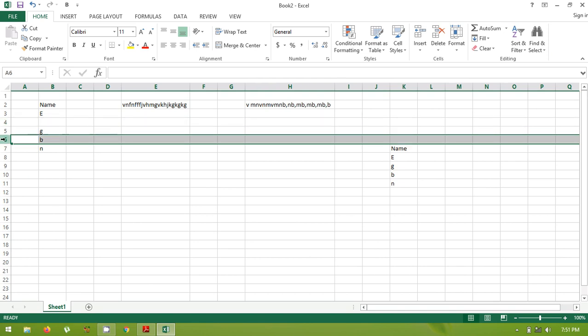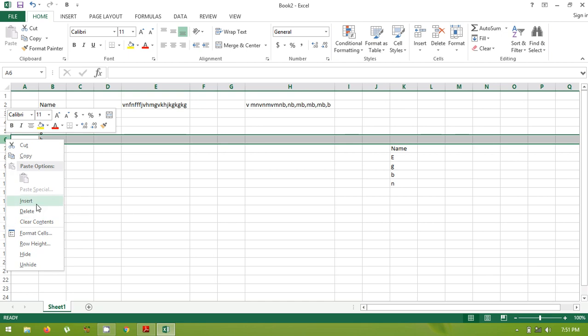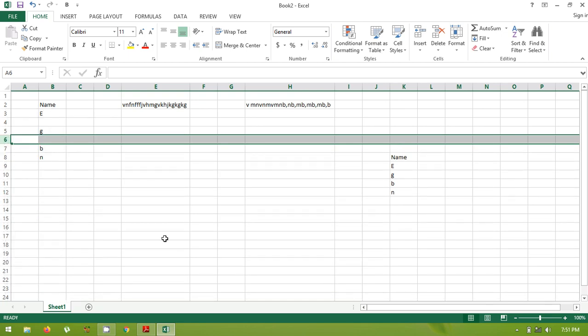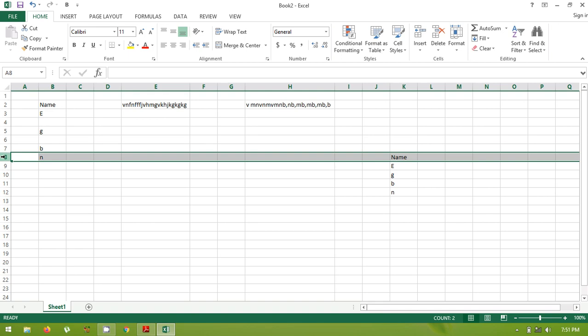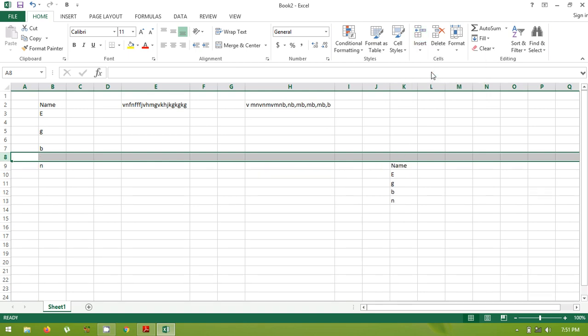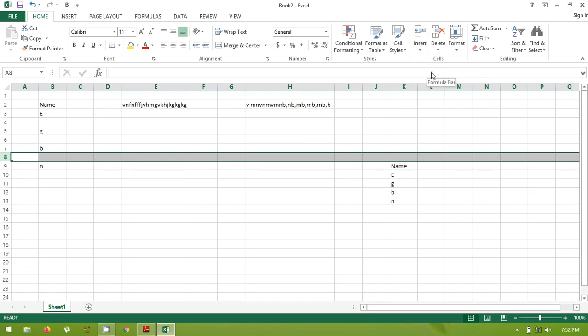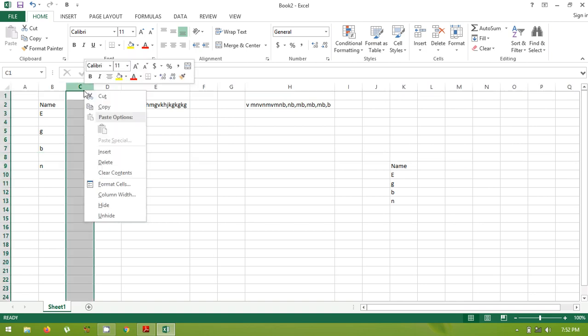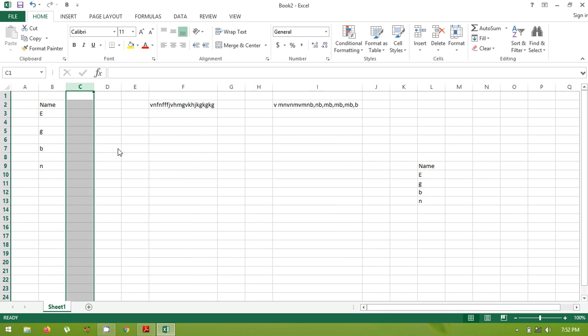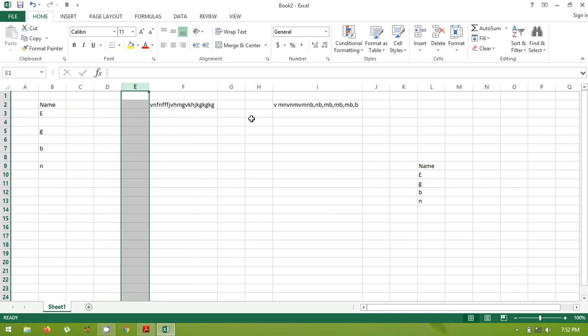Or choose this, right click and insert. The second way is also here. I choose this from the Home tab. I have the insert option, insert sheet rows. Like this way it is also inserted. The same with the column: select it, right click and insert. Or go here, the insert option is here, insert sheet columns. So like this you can insert the row and column.